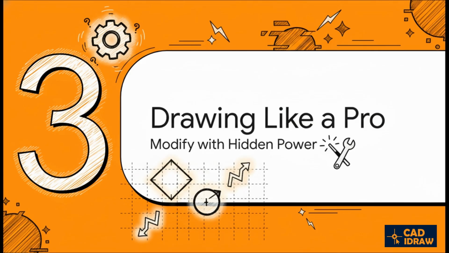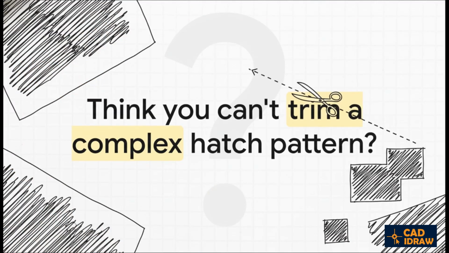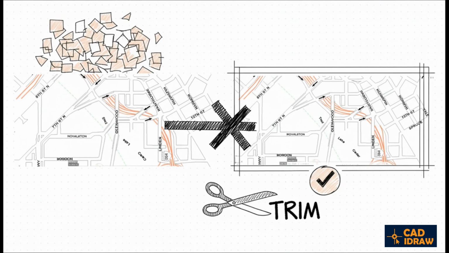These secrets give you a kind of hidden power over the tools you thought you already knew everything about. For years, this was such a headache in AutoCAD. You'd have a hatch pattern that was just spilling out over its boundaries, and there was no easy way to clean it up. You couldn't just trim it like a line. But things have changed. The solution is actually pretty simple now.